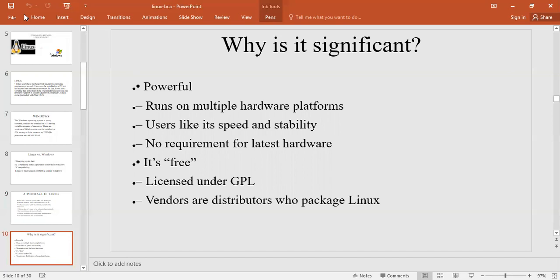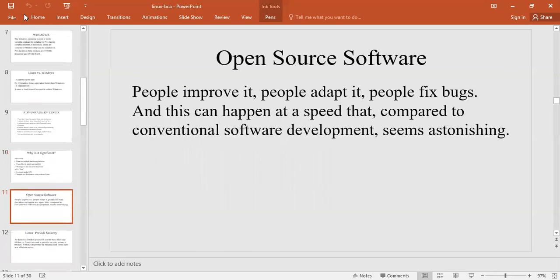It's free. Linux is free, and in Windows, we have to purchase the different versions of Windows. Licensed under the GPL, vendors are distributors who package the Linux operating system.